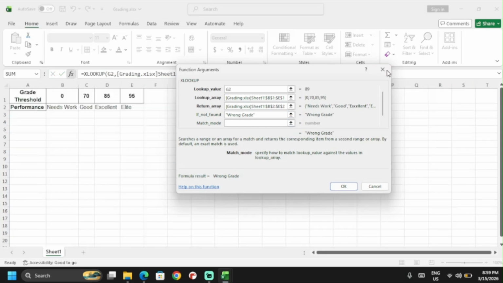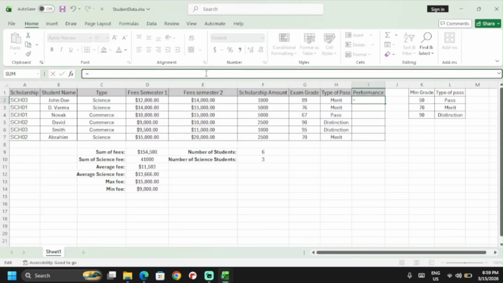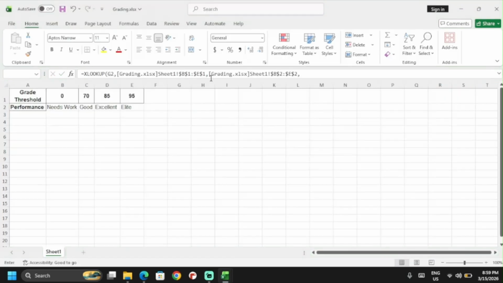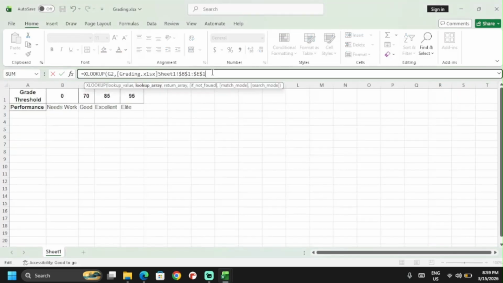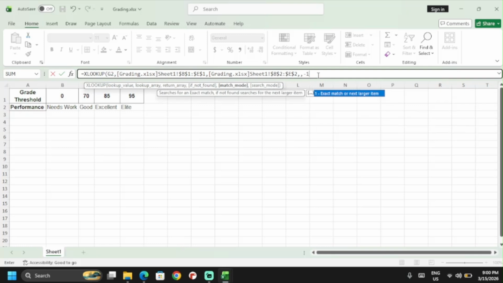Now match mode. That is the confusing part. Okay, now the match mode. I'm going to choose -1 over here because it suits best. -1 searches for an exact match. If not found, it searches for the next larger item. It makes the most sense in this case because if you just try 1,